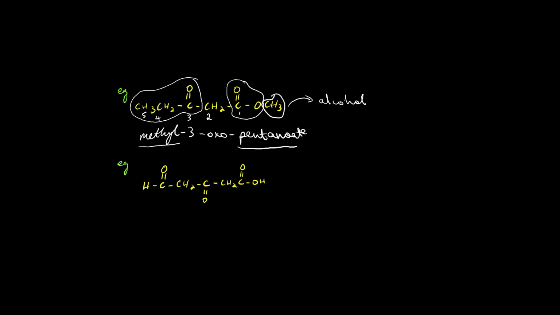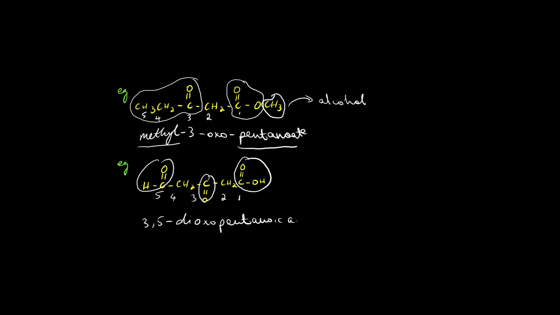Now let's look at the next example. We have an aldehyde, we have a ketone, and we have a carboxylic acid. Now carboxylic acids hold precedence over ketones and aldehydes both. So we'll be counting from the right hand side. So we would get 3,5-dioxopentanoic acid. Why 3,5-dioxo? 3,5-dioxo because on the third and the fifth carbon atoms we have a ketone and an